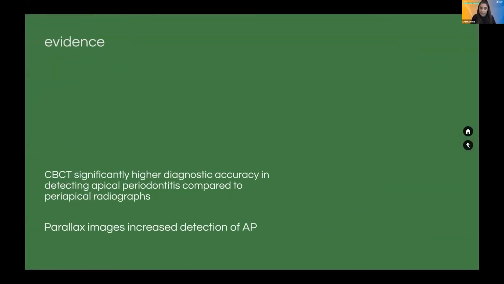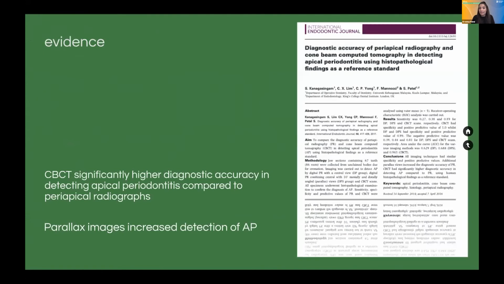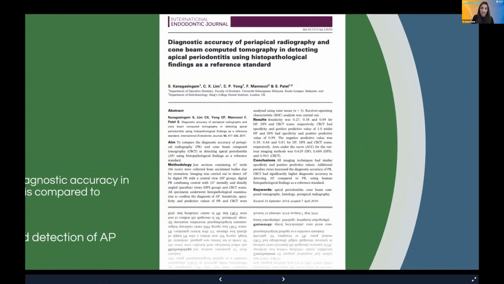And there is a lot of evidence for this. So we know from all the studies that cone beam CT is significantly more accurate in detecting apical periodontitis compared to radiographs. And this study gave us some really good insights. What they did was compare cone beam CT, periapical radiographs, and the histology of cadavers. So they had fresh cadavers, took a PA radiograph, and looked: is there a lesion or isn't there a lesion? Then they took a cone beam: is there a lesion, isn't there a lesion? And then they compared it to the actual histology of what happened in that cadaver. And what they found was